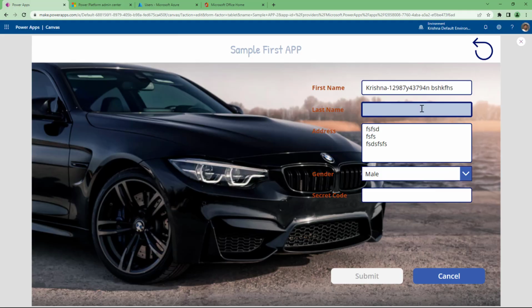Now play the app. You see that the time I provided all the values, it is getting enabled, but the time I see at least one field is empty, it is getting disabled. That is how I can make my form fields mandatory. I'm mentioning these three fields are mandatory for me to submit the data back to the data source. So how I can make my button active and inactive always depends on these three fields, and how I can do that is